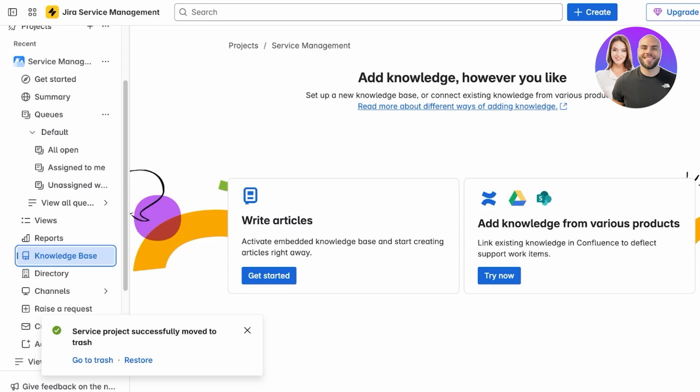add some type of knowledge base. The reason for adding a knowledge base is to specify how to resolve the issues that are going to be coming in. So you can activate knowledge and you can allow your service managers to be able to provide adequate answers. You can add them from various projects. So if you already have a knowledge base in Confluence, or if you have Google Drive items that can reflect whatever your policies are, you can link them or just click on Get Started to start writing your own service